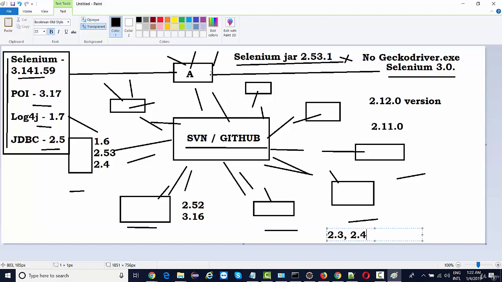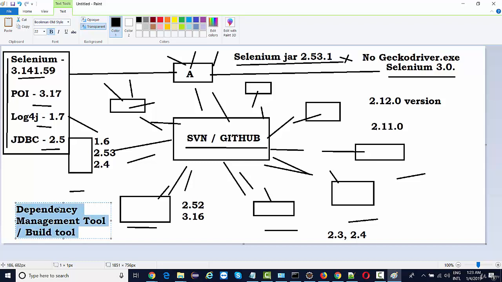Now, in order to optimize this process, what we will be using is something called a dependency management tool, which is also a build tool. First, we're going to look at the dependency part. Later on, we're going to look at the build part.